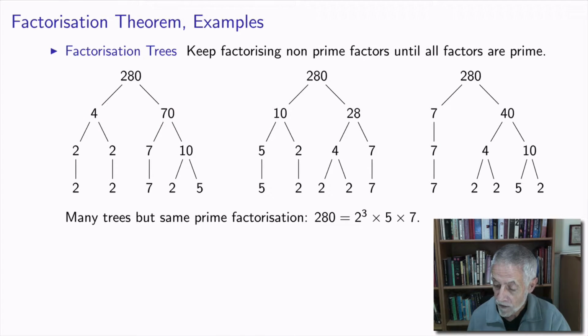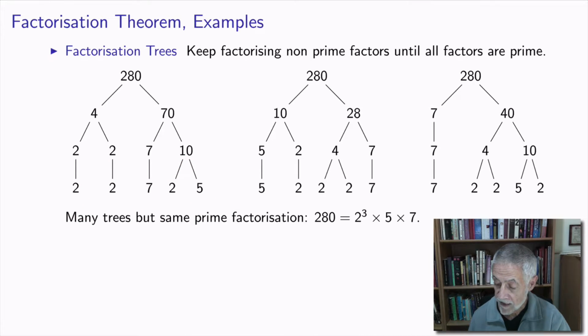Now 4 is itself a product of 2 and 2, and 70, I can write it various ways, but it's a product in particular of 7 and 10. So 280 is a product of these 4 integers: 280 is 2 by 2 by 7 by 10. But 10 is not prime. It can be factored again into 2 times 5. And so we have, at each level, products which give us 280. At this bottom level, we have 2 by 2 by 7 by 2 by 5